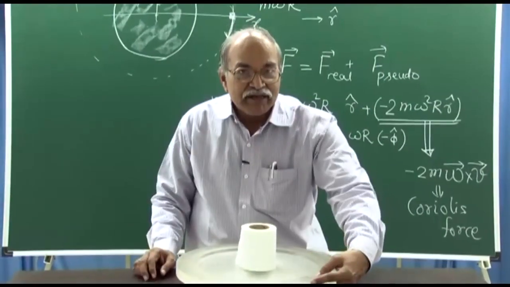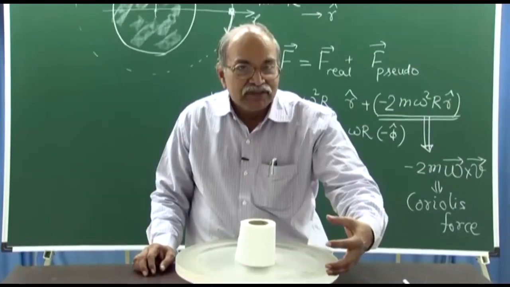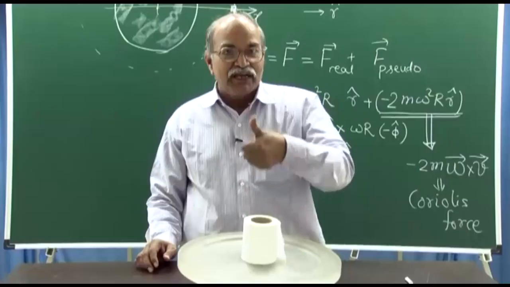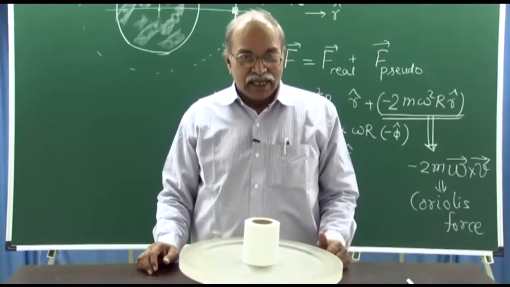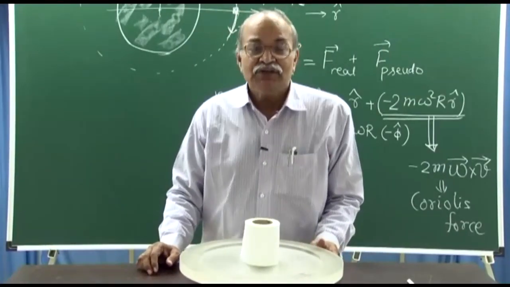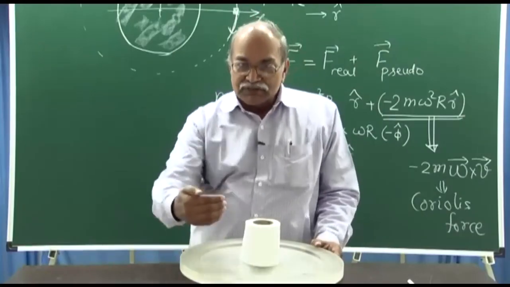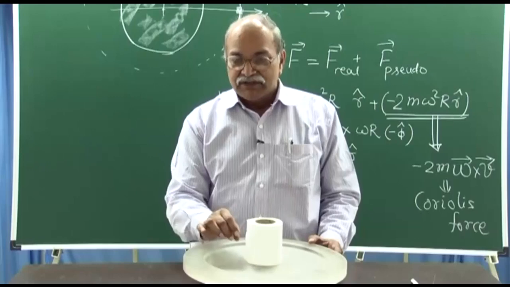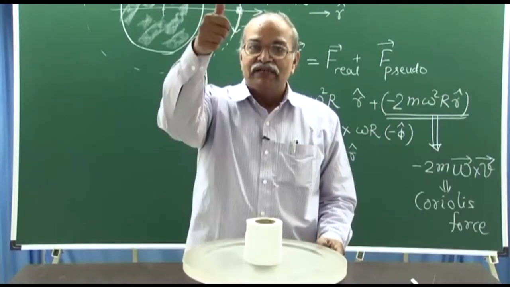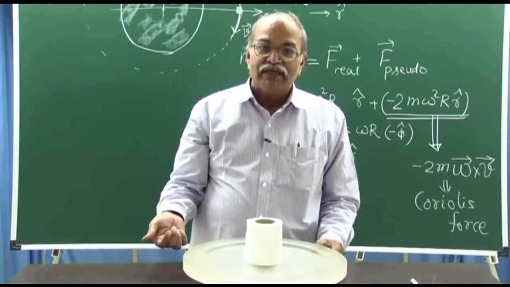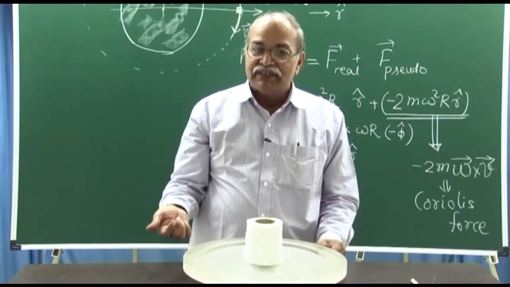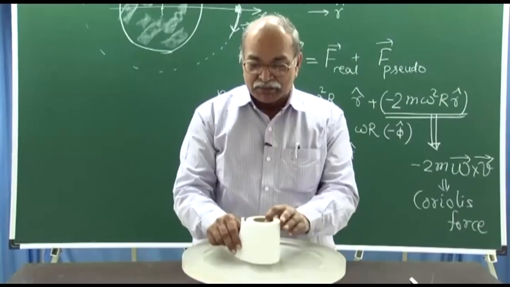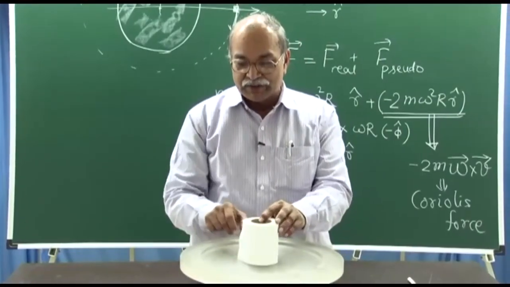So, if I rotate it with my left hand so that it goes in anti-clockwise direction, omega will be vertically upward, and then the Coriolis force direction will also reverse. So, now the Coriolis force will be towards me. If I am looking at this end, the velocity will be this, omega will be this. So, omega cross V with a negative sign will be towards this. So, in this situation it should not open up because the Coriolis force will be in this direction.